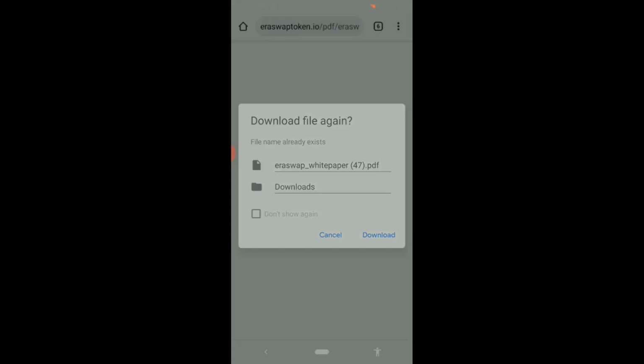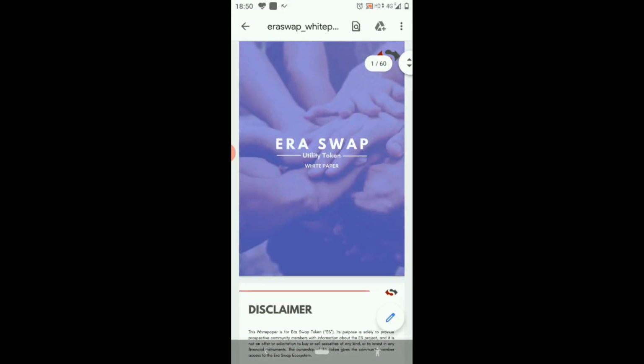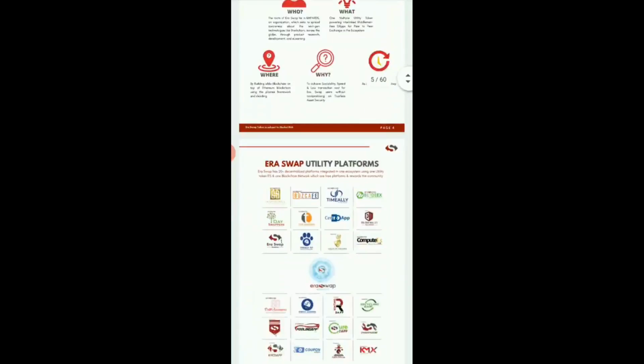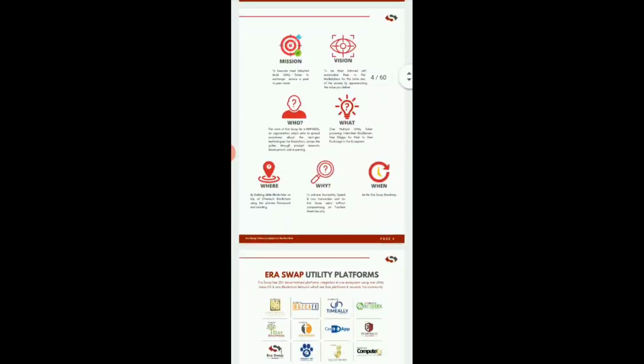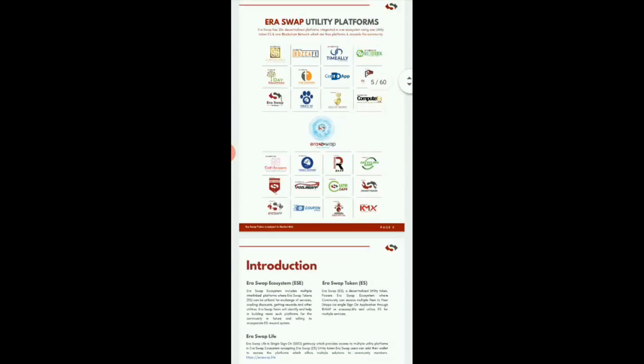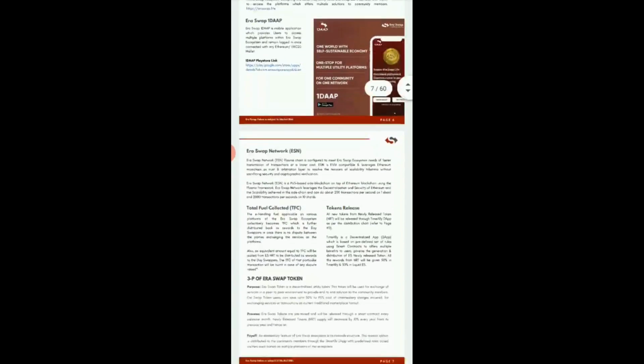You can download it, and here it is downloaded. This is the EraSwap utility token white paper. You can read more details about it, the mission, vision, all the utility platforms, and the introduction.